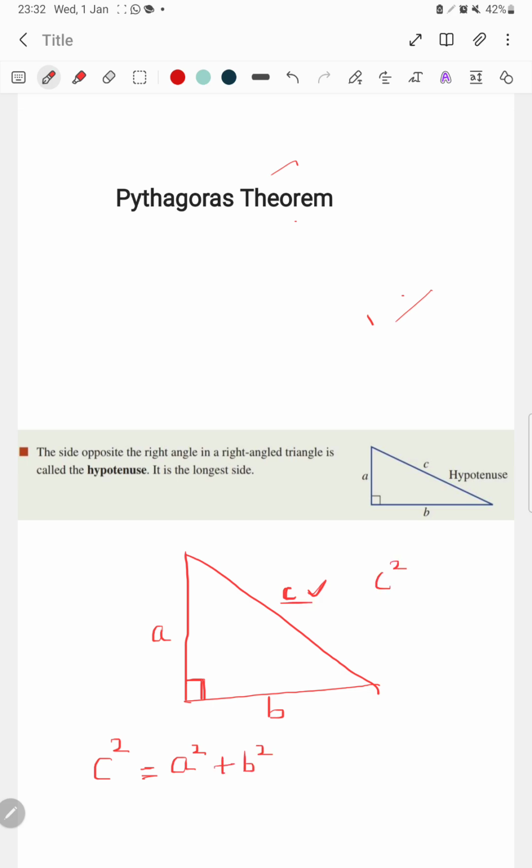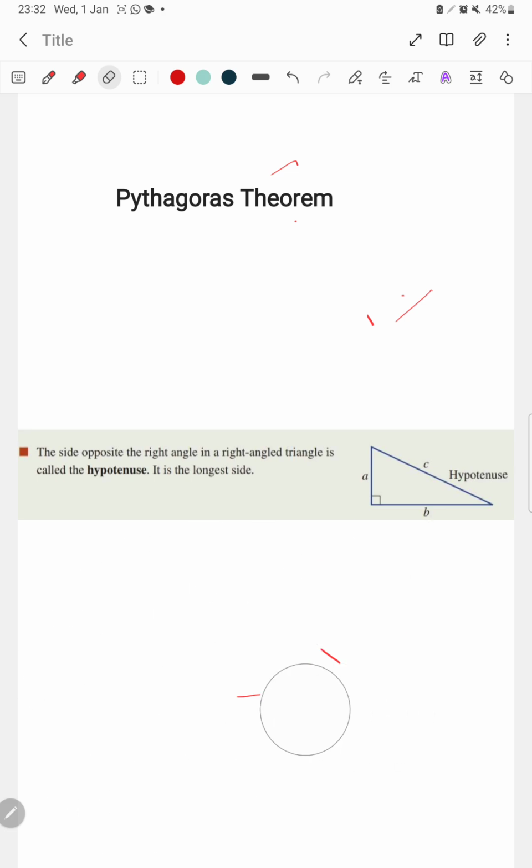Hypotenuse square is equal to the sum of the squares of the two other sides, A square and B square. Now I think it's a little difficult for us to understand why it is so. So basically there was a mathematician, Pythagoras. What he studied was that if we take a right angle triangle, and